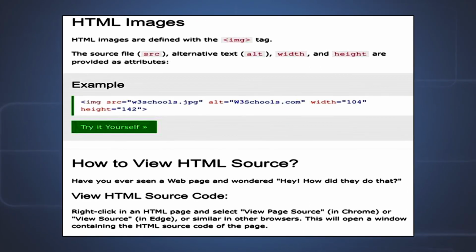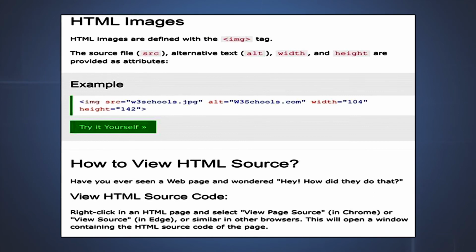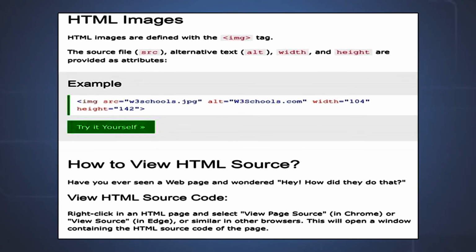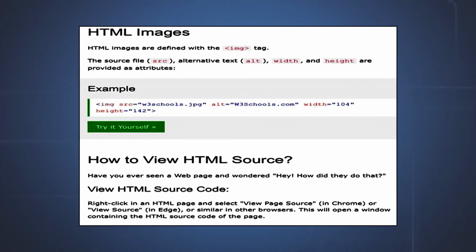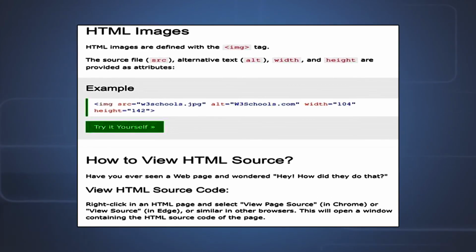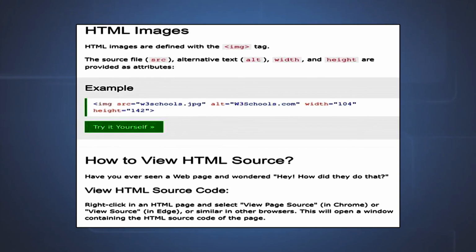Whenever there is an image, it will have different attributes. What is the source of the image, from where you have to show it? Then suppose the image is not being displayed. Whenever you are browsing the internet, you have settings for the browser. Suppose you decide not to load any images, then some text needs to be displayed instead of the image. So you have the ALT tag which will define it. The basic attributes of an image tag are src, ALT, the width of the image, and the height of the image. Using these, it is possible to include an image on the web page.